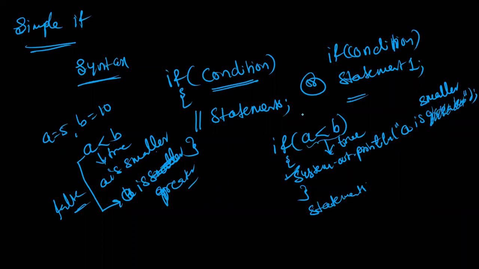If it is false, the control will come directly to the next statements, the ones following the if statement. So this is the syntax. You can use either form. When you have a group of statements, you can use brackets. When you have a single statement, you can write it just like this. When the condition is true, it will enter and execute the statement or statements inside. When it is false, the inside statements will not execute, and it will come directly to the outside.